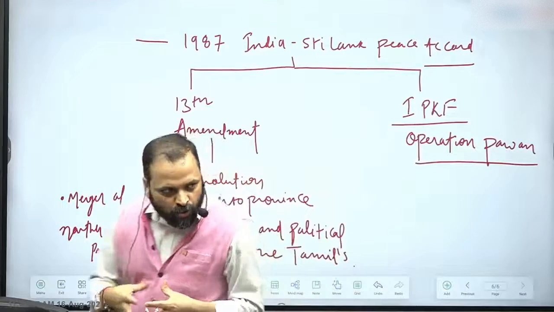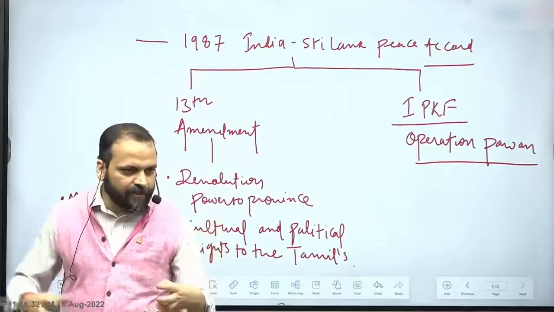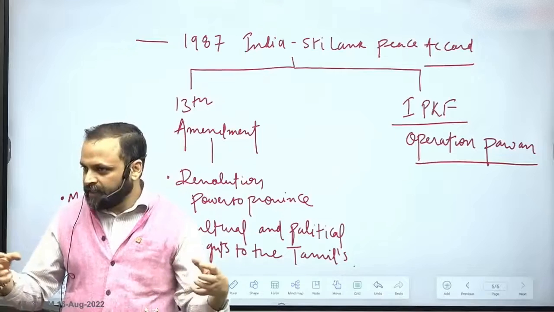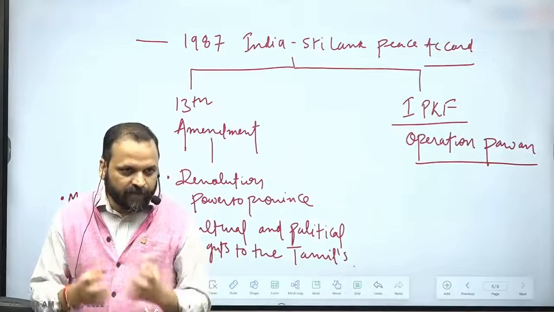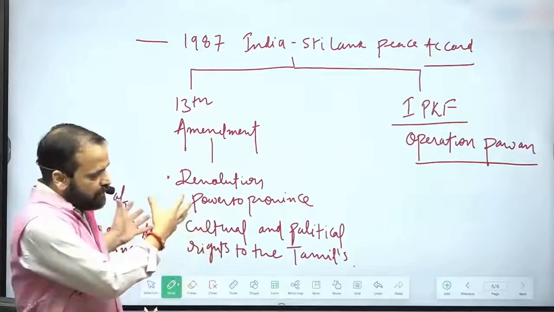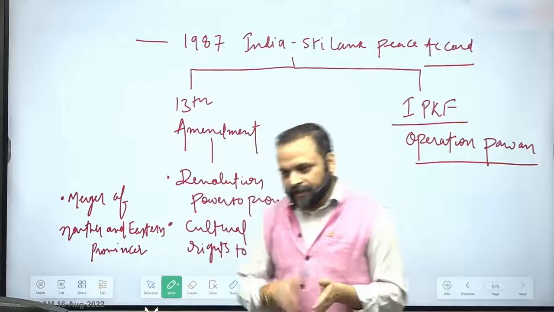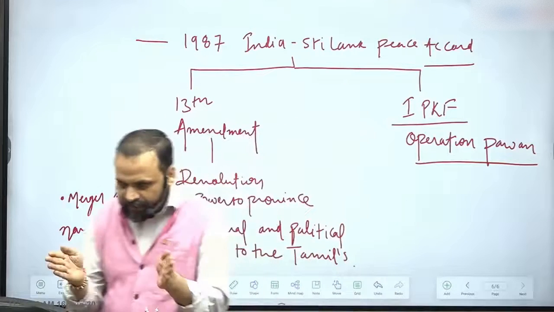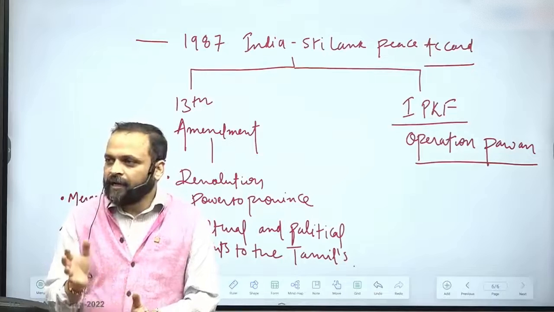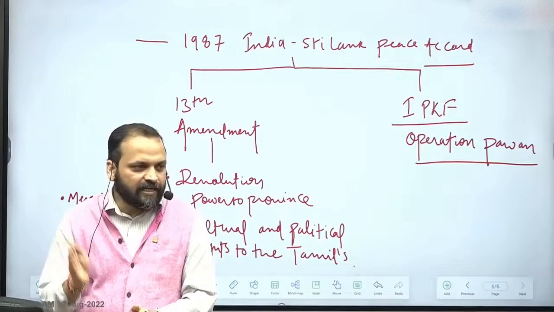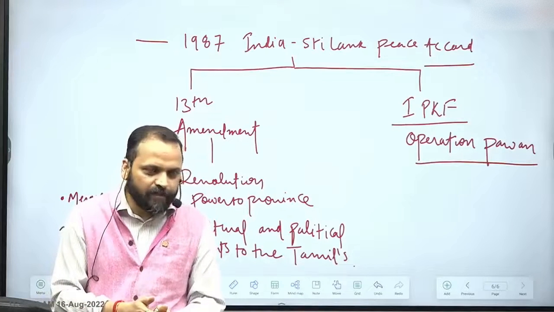India also talked with the leadership of LTTE, and it convinced the Sri Lankan government and the LTTE to enter into a peaceful understanding. And that is where India suggested that Tamil demand can be met through constitutional amendment. And then the next process was, since the LTTE and the Sri Lankan army had been fighting for a very long time, India suggested that LTTE lays down its arms. LTTE did not trust the Sri Lankan army.